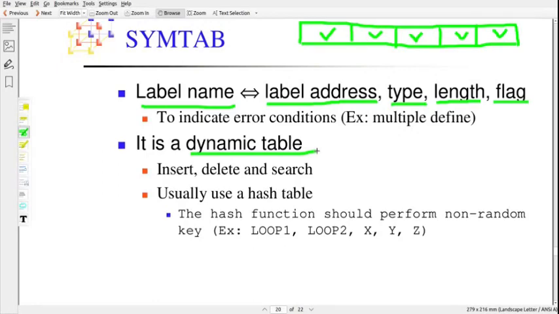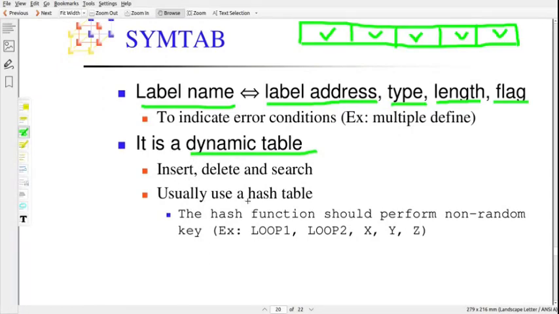Whenever a new label is identified, it inserts a record corresponding to that label, containing label name, label address, type, length, flag, etc. Suppose one program contains 3 labels, then 3 records are maintained, and another program contains 5 labels, then 5 records. So in short, the size of the symbol table is not static in nature. It is dynamically growing in nature. That's why we are using a dynamic table.